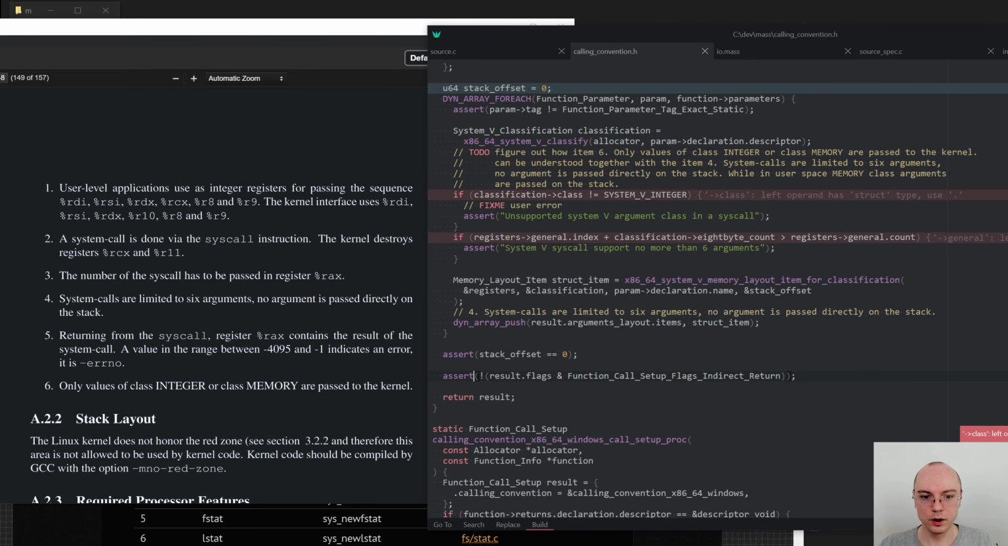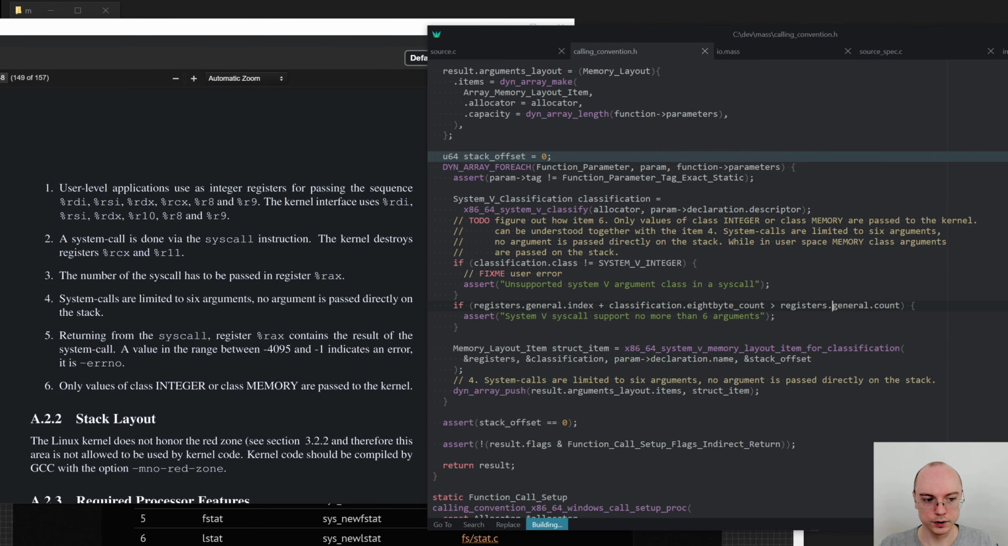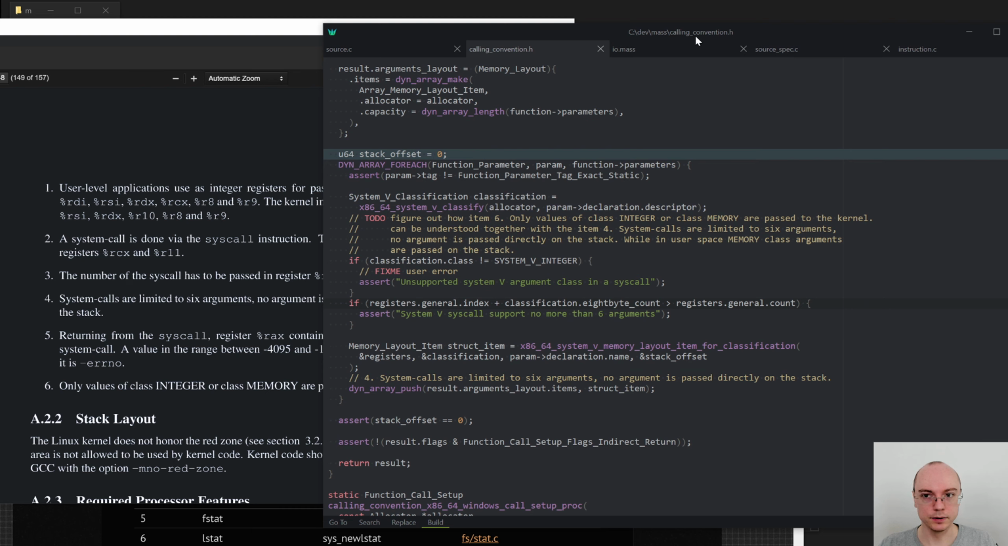Okay, what did I screw up? That would be state registers, and then classification is dot here, not arrow. It's not called state, it's called registers. So I just need to again change dot to dot. Okay, so that builds, but it still doesn't do anything